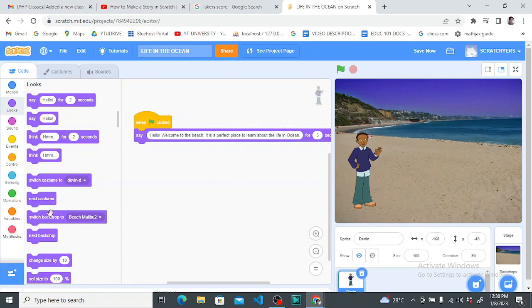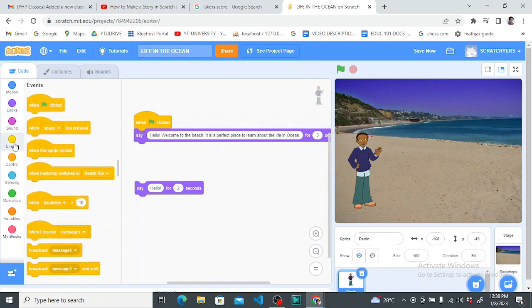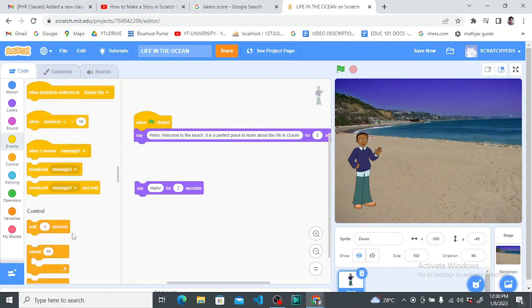Okay, so after 5 seconds, he's gonna say it again. After 5 seconds, a wait block must be done. Okay, wait block. Because it's gonna say it for 5 seconds, wait for 5 seconds, and then this one says